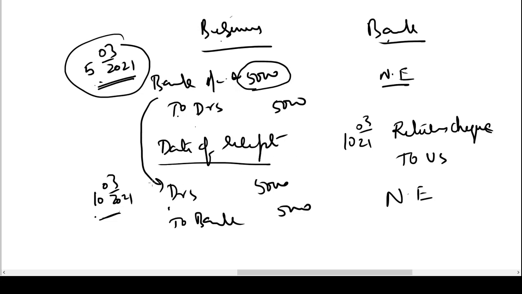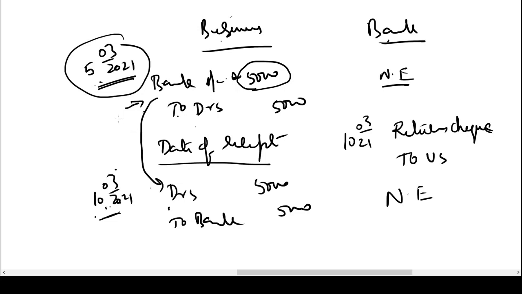But we will record the entry of dishonor only when we receive the check from the bank relating to dishonor. When the bank returns the check to us saying that the check has been dishonored, only on that date this entry will be reversed. Till the day we receive the check from the bank as returned dishonored, the bank account as per the books of the business will be showing a higher balance, and the books of the bank will show a lower balance.